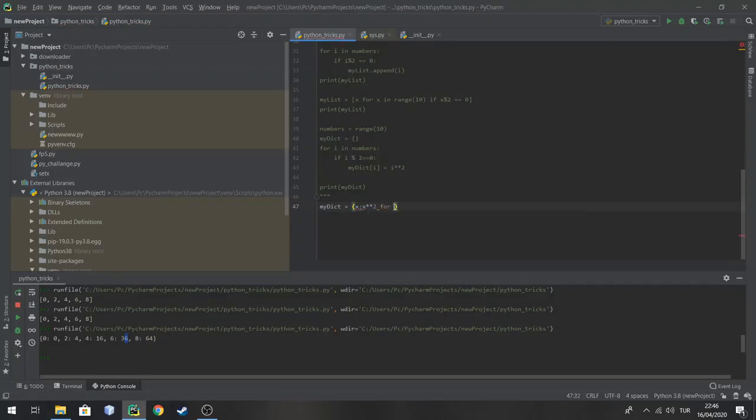So the iteration we want is for x in range 10, and of course if x is even. So guys, in this case you will see the dictionary is the same,